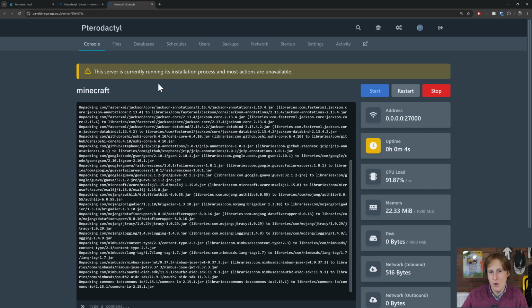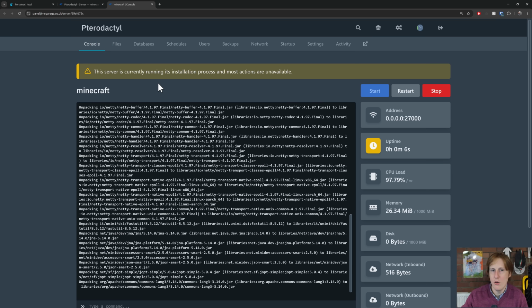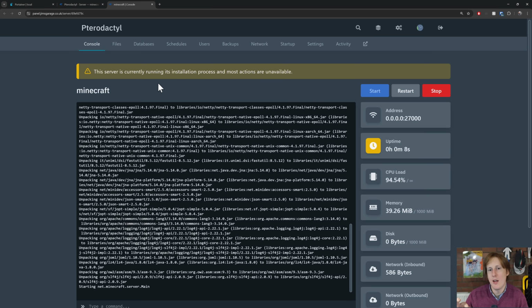So now this node, and again, you can have lots of different nodes, we can dial straight into that node and see exactly what's going on in there. Now, for anyone who's familiar with Minecraft, this just looks like a standard setup for Minecraft. So this is going to take a little bit of time depending on your internet connection and your resources, but it should follow the exact same process. And you can keep me right on here. You can see the uptime. So I'm just going to get this run in the background,